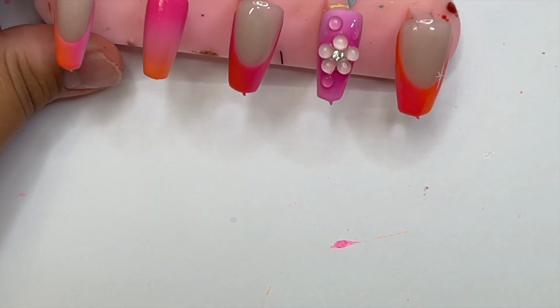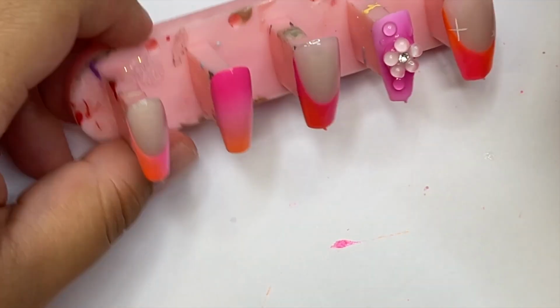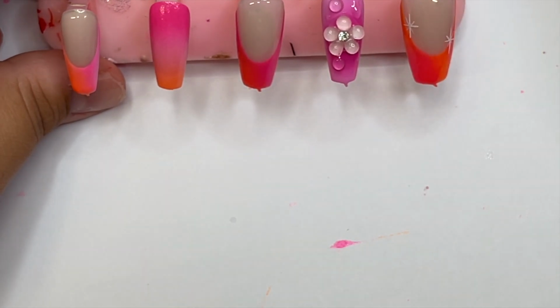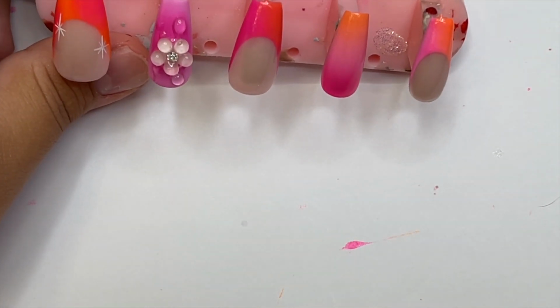So yeah, now that I'm looking back, I really wish I would have done the matte background on the cherry nail and then the cherry glossy. That would have been so cool. I don't know why I didn't do that. Looking back now, I'm like, I should have done this and this and this, and that's why it's really cool to